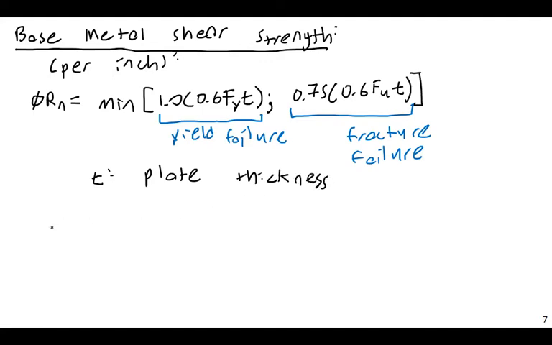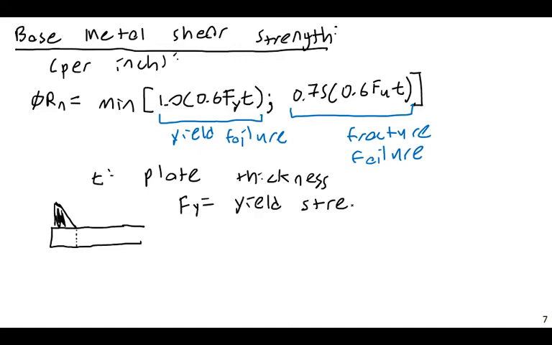And the reason for that is if I have a plate and sitting on top of this is a fillet weld, if the base metal is going to fail, it's going to fail along this plane here. Otherwise, if the weld is going to fail, of course, it's going to fail along that plane there. So T is the plate thickness, Fy is the yield strength of the base metal,